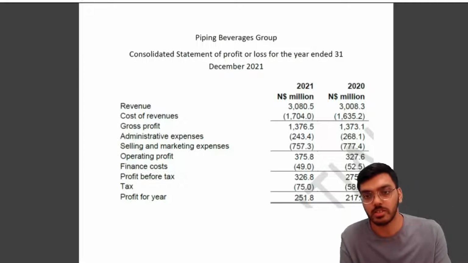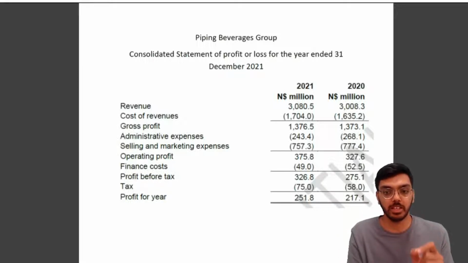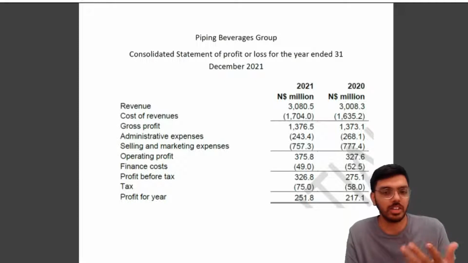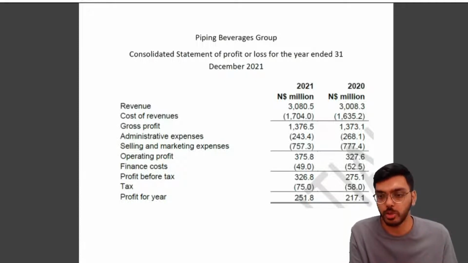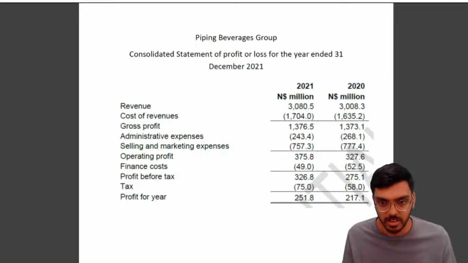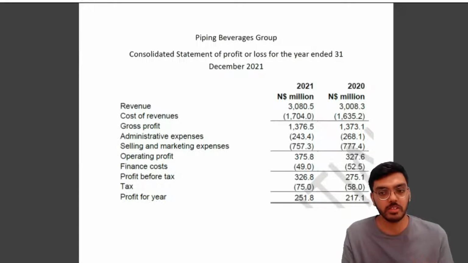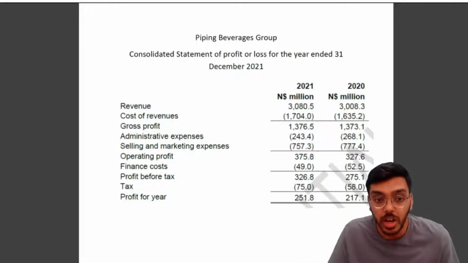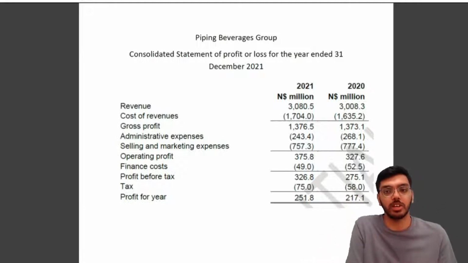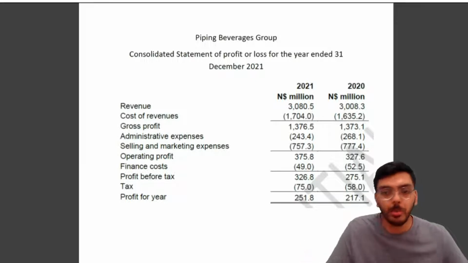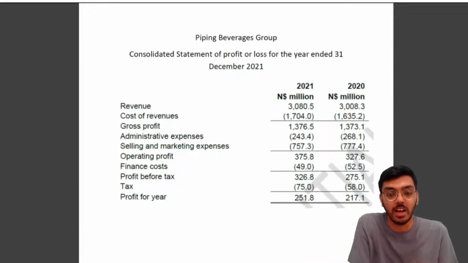Your tax from 58 million became 75 million, so you ended up paying more tax. There is one reason for this, or rather there are two reasons for this. The first one is very evident. You made more profit, you pay more tax. It's as simple as that. Secondly, we know that a very small percentage of our sales are abroad sales in other countries. So in this particular year, 2021, we may have sold more products in a country that has a higher tax